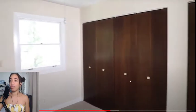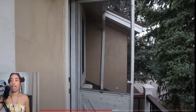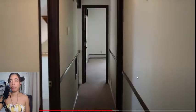Spacious. Okay, this is a bedroom with closets. These bedrooms have this door and a balcony. Seriously? It's a balcony? Okay. So you can come out this door. It's a balcony. Not only can you look at the trees, you can look to your left and see the other balconies and be like, hey, neighbor. In this house, you got to stay fit because...